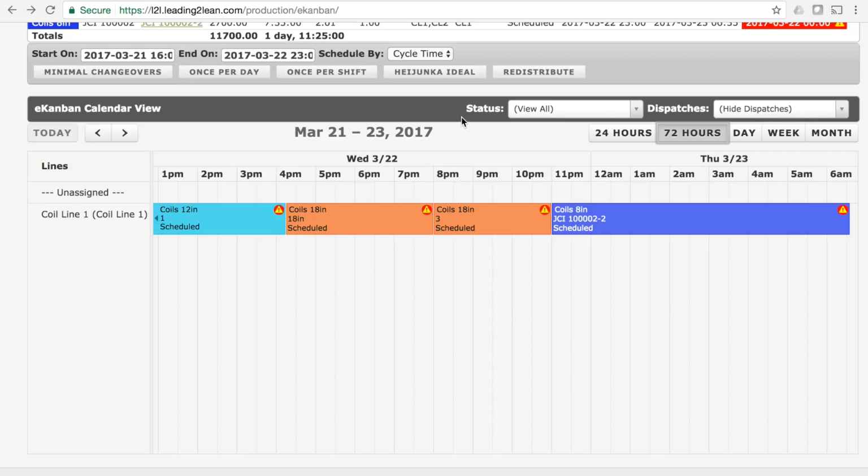You can also do it using the once per shift or the once per day or minimal changeovers. It really just depends on how your process works, and what's best for your application or your facility. Also, if you got behind schedule, you could use the Redistribute, and it would basically push this existing schedule out. Just to show you a couple of other cool features that we have, you can also view various statuses